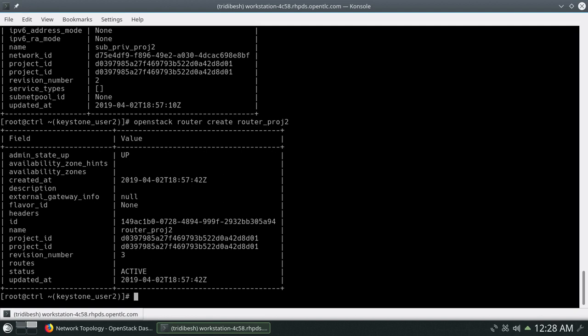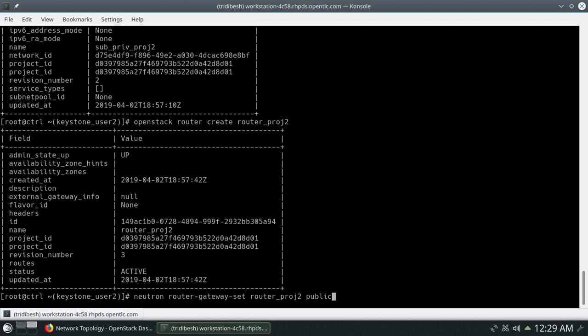So let's add the external gateway to our router. For doing that we will use the neutron command. This capability, adding the gateway via command line, is only available in the old neutron command, not in the OpenStack CLI client command.